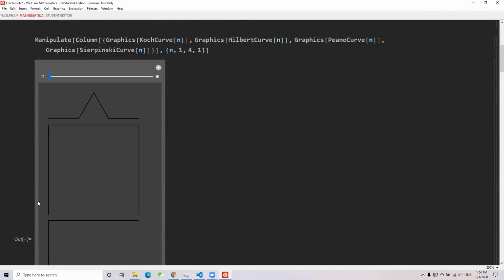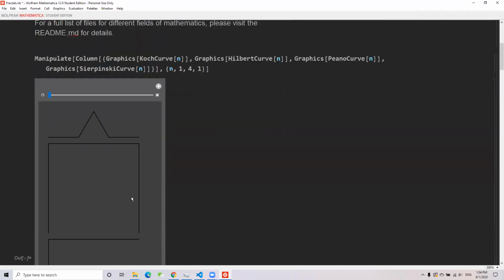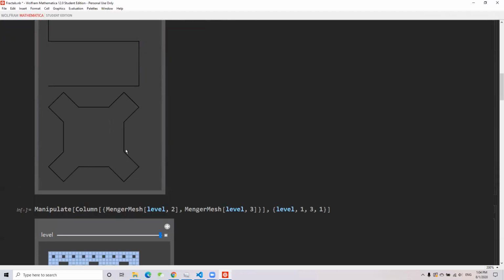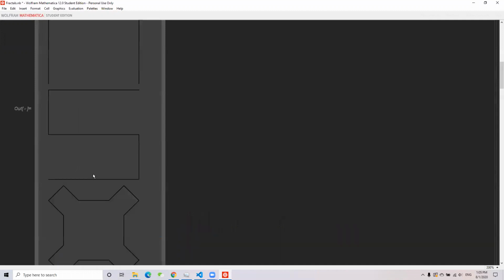The Hilbert curve starts with these 3 line segments. And similarly, you get Peano curves and Minkowski curves, and they are essentially all 1D line segments, because lines are always 1D